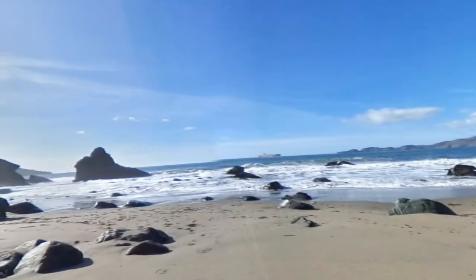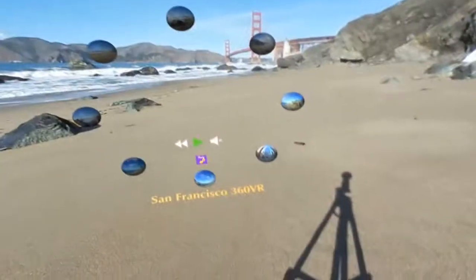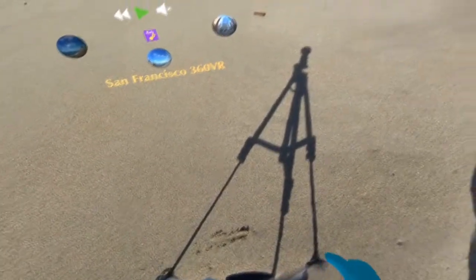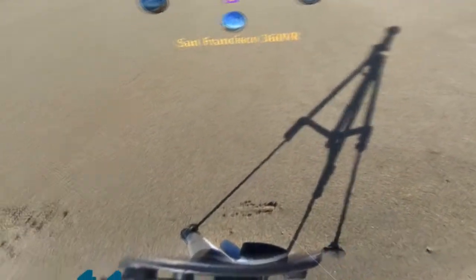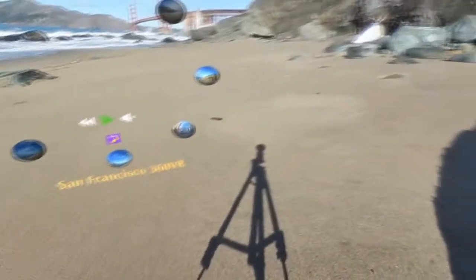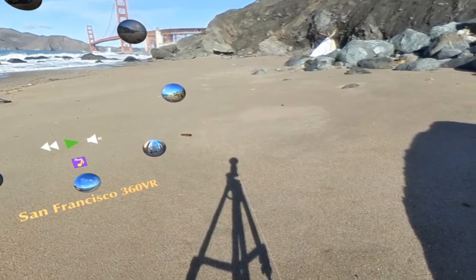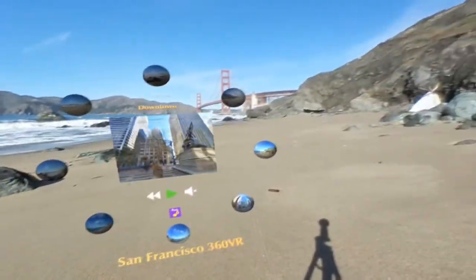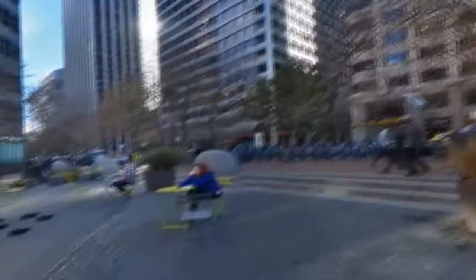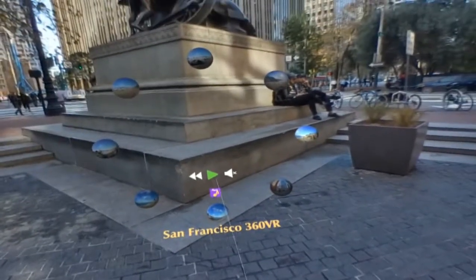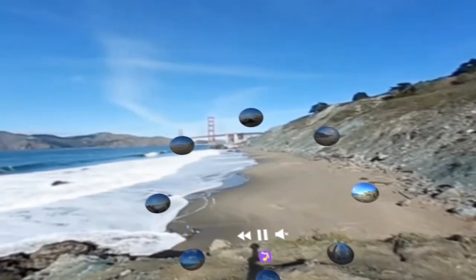Okay, and I wrote an article on Medium called "My Avatar is a Tripod." So as you can see, and you look down, you are a tripod because that's where the camera is. So here's some other stuff in San Francisco. And I also did a 360 video. It's a little bit blurry, but it gives you an idea of actions. There's me over there recording